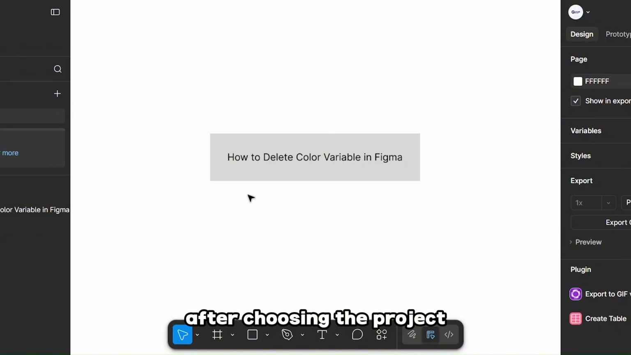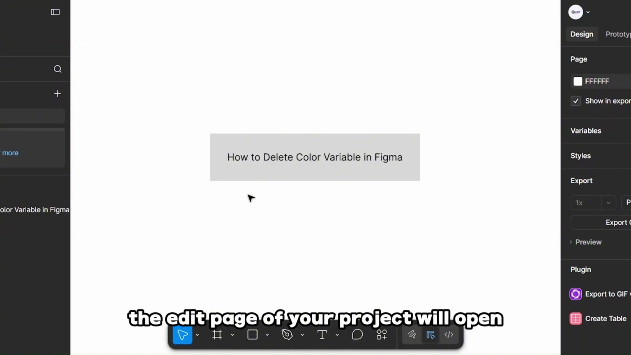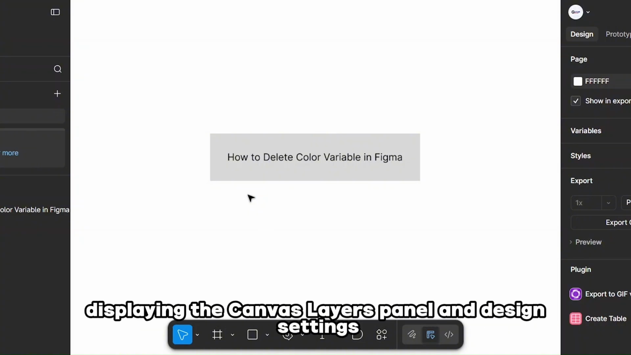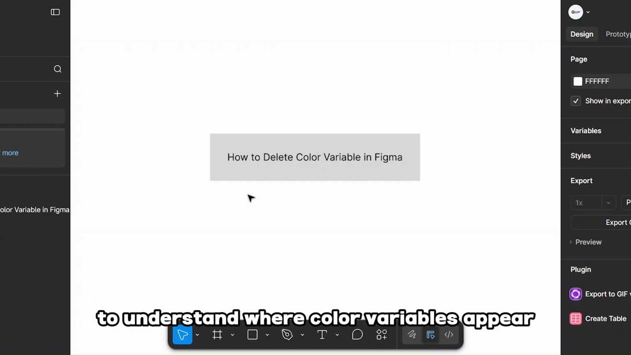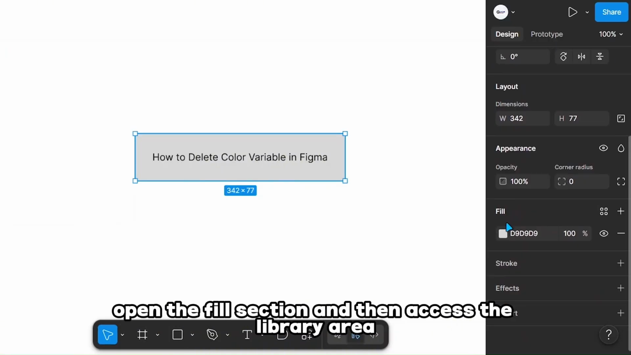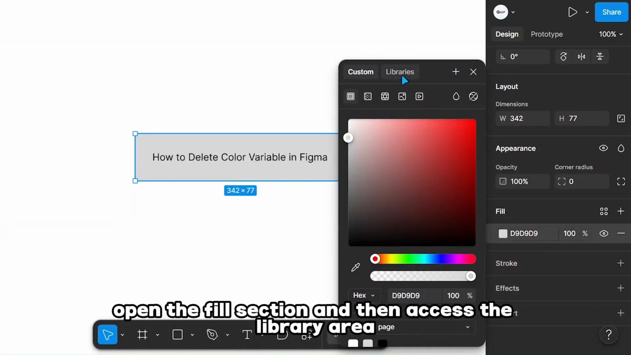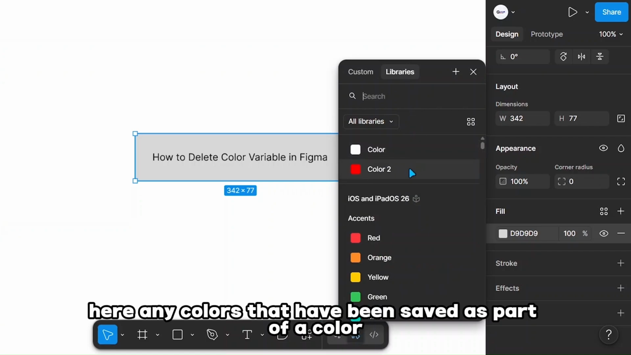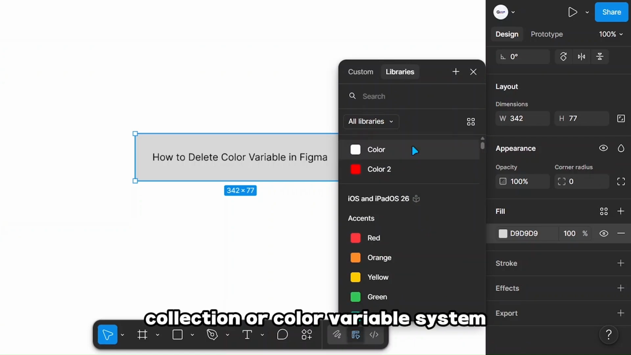After choosing the project, the edit page of your project will open, displaying the canvas, layers panel, and design settings. To understand where color variables appear, click on one of the layers in your design. Open the Fill section and then access the library area. Here, any colors that have been saved as part of a color collection or color variable system will be visible